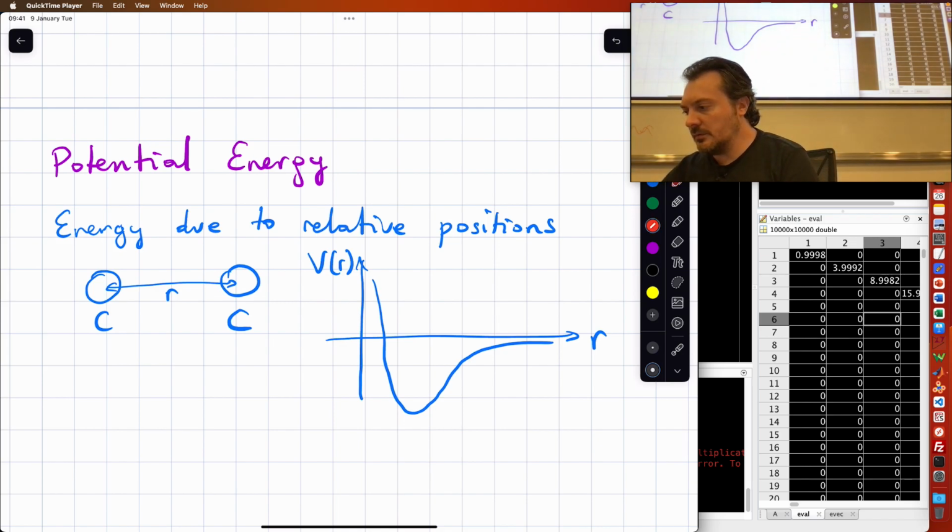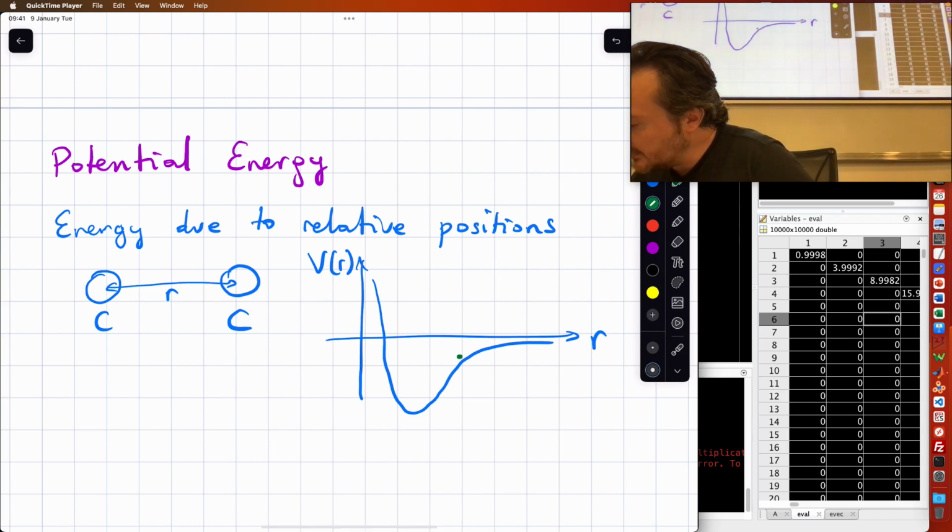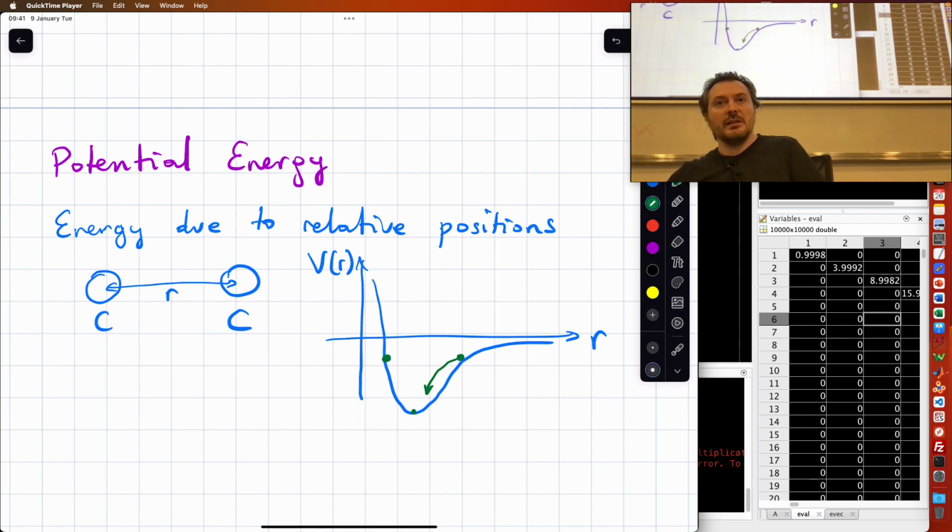So, just to give you an idea of how you should think about it, if the system is at this state, it's like a ball that wants to roll down to the minimum. If the system is over here, meaning that they got too close, then the system will go back here. Okay? That's what potential energy is. Do you have any questions at this point? So relative positions create energy, and that energy is minimized at a certain arrangement of positions.